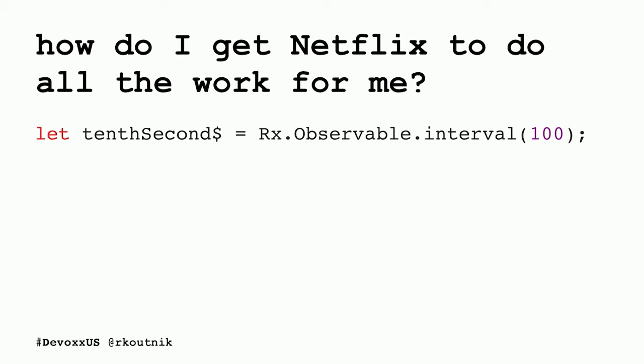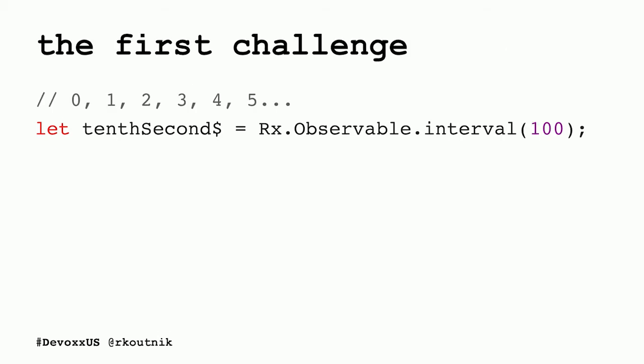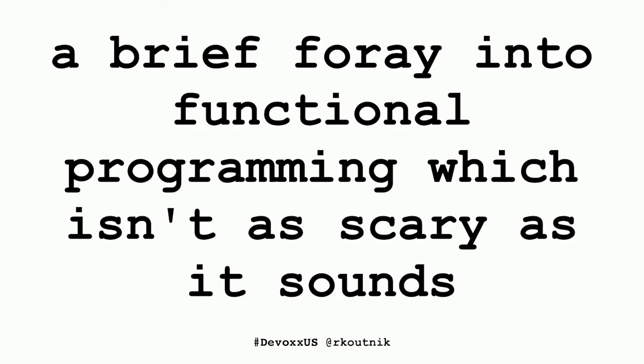So, all right. We've finally built an observable and found a bit of a roadblock. The values this observable delivers are the number of deciseconds, tenths of a second, since we subscribed. And so we don't want that. We want to display the number of seconds. So we need to take every value in our stream and divide it by 10. To solve this problem, we need to dig into functional programming.